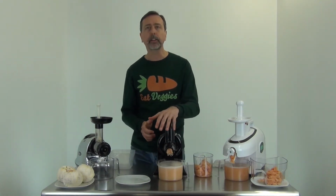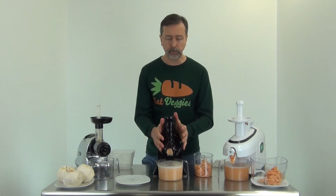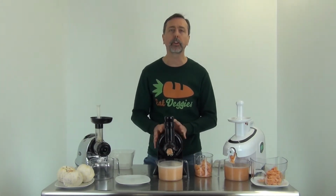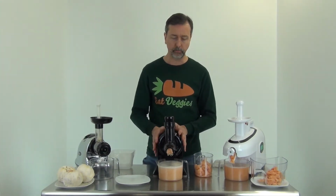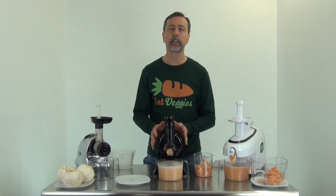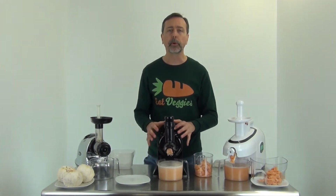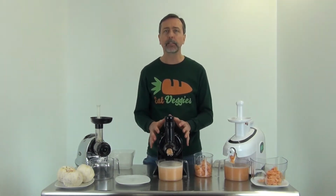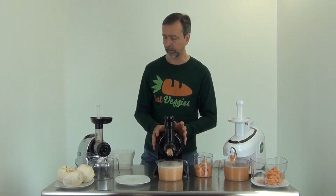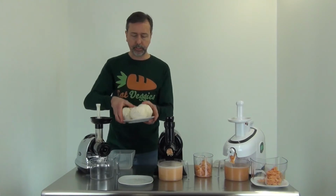This is the household model, the Champion 2000. The juicers are identical, the juicing parts are identical, so whether you have the commercial motor or the household motor, you're going to have the same result. It doesn't turn any slower or faster or achieve any better juice yield. It's really the motor specs are different. With the commercial, it's more geared for commercial applications. Well, now we'll move over to the